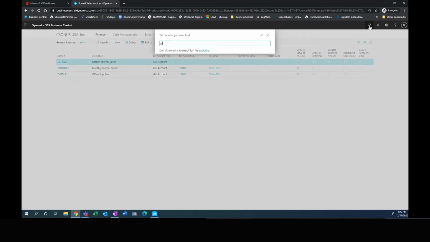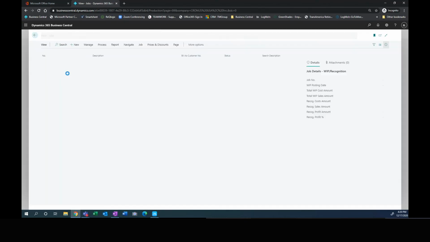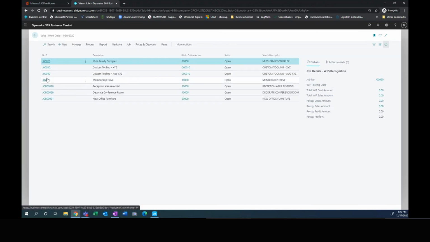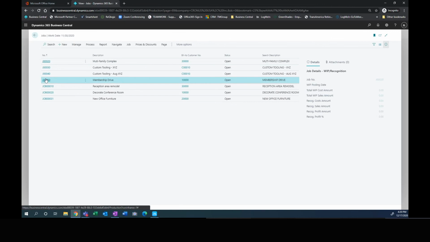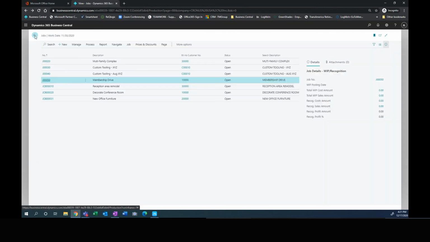We talked about that for our event, and we have our membership drive going on. We've incurred some cost already. I do have an invoice out there. Let's go ahead and just pull this up real quick. So again, we've got our cost here. Right now we're at $20,250, and we've incurred advertising and the venue expense. So I've got another invoice out there. So that's how you track any expenses to a particular project, or job is the word they use,